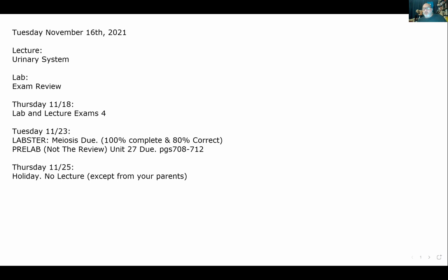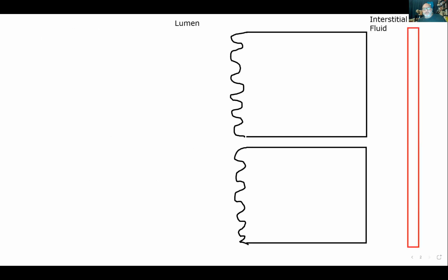Then let's pick up where we left off in the last class. In the last class, we were talking about the proximal convoluted tubule. And so I've drawn a little bit of it here for you. We were talking about how basically there are 5 processes that take place in the proximal convoluted tubule. The first of which is the reabsorption